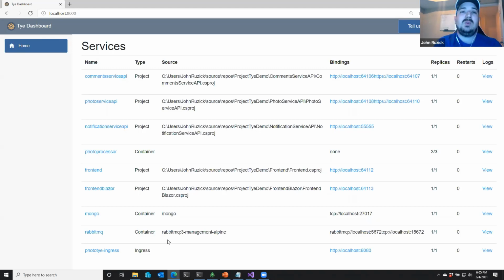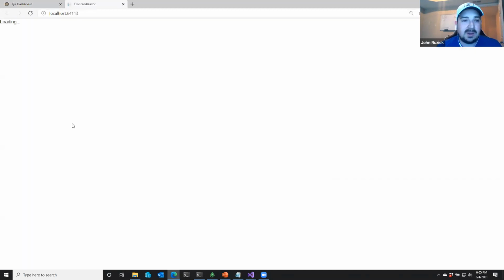If you are at all familiar with Kubernetes, the ingress is the external facing network level layer 7 load balancer that can route traffic in from the outside and get traffic to your different services running inside the cluster. So if I go to front end Blazor here,